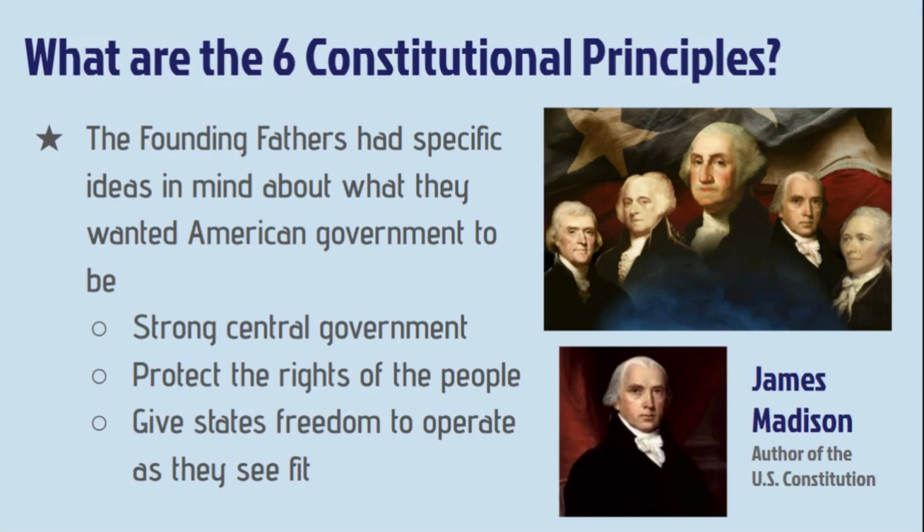Things that they wanted and fought over were the strong central government. We know the Federalists and the Anti-Federalists had disagreements as to how strong the central government should be. They wanted to establish measures to protect the rights of the people, because the Anti-Federalists feared that a strong central government would eventually allow a figure like a president to become a king. So they wanted to establish things that protected not only the people, but also the government from